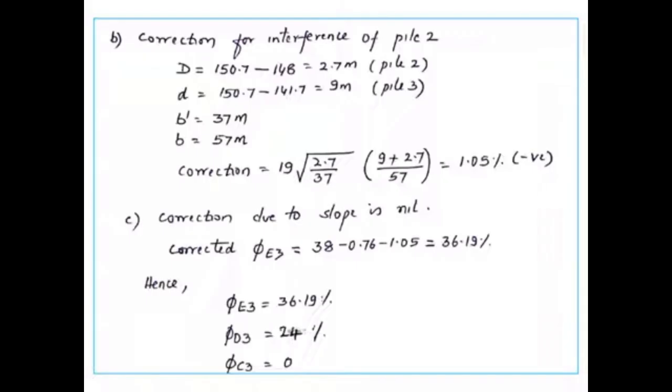Here the correction for the slope is nil, because this is neither the starting point nor the end point. So we can correct the pressure at the point E3, that is 38 minus 0.76 for the thickness, and for the interference it is 1.05, so that gives 36.2 percent. So like this we can